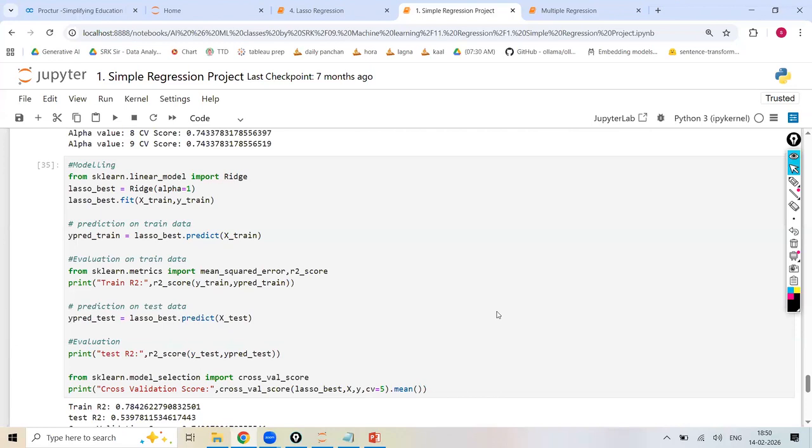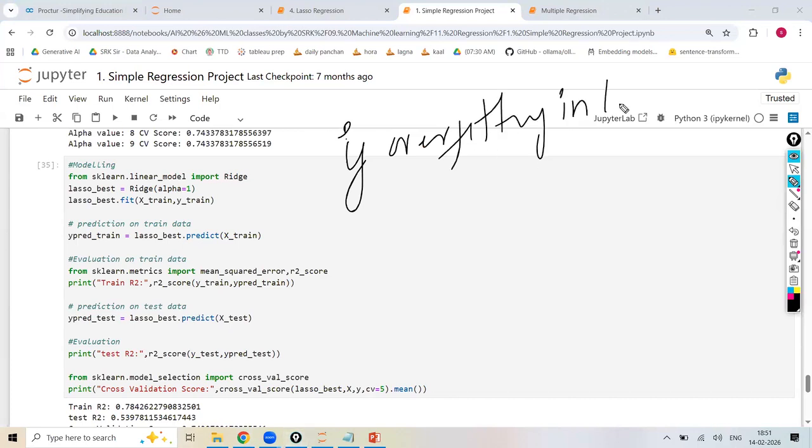And when you are trying on a different data set, automatically you will get a problem. The problem is, sir, in linear regression I got this much R square, but when I try lasso, instead of increasing the accuracy, it decreased or stayed constant. So remember one point: if overfitting is there in linear regression, lasso will work perfectly. For example, if there is no overfitting in the linear regression, lasso will not work